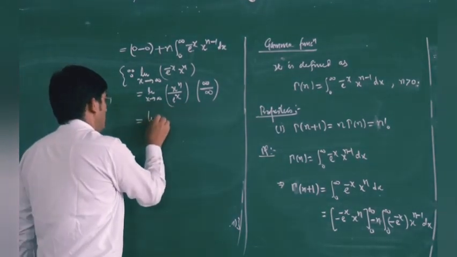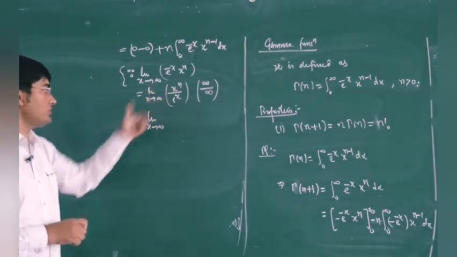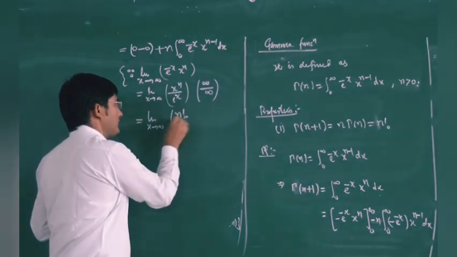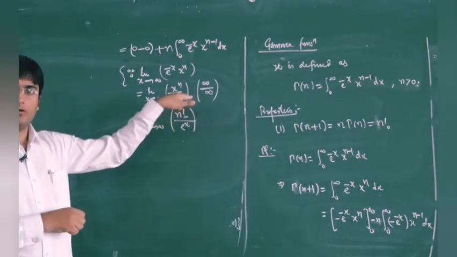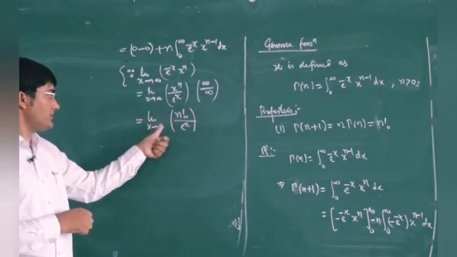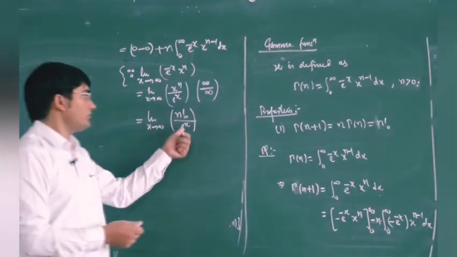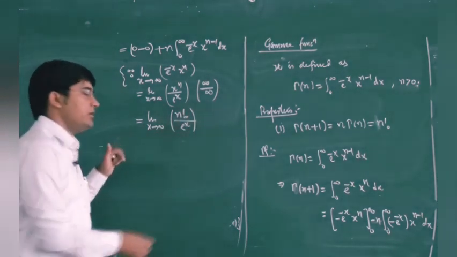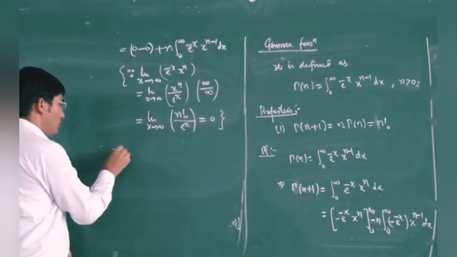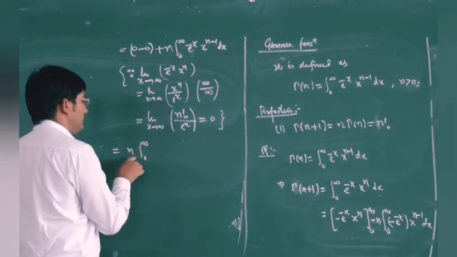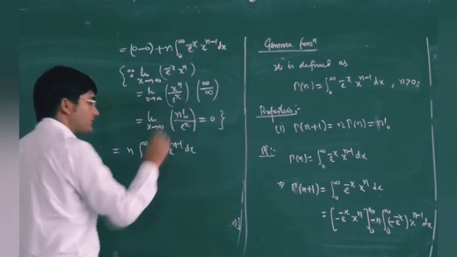So differentiate the numerator and the denominator n times. The n times differentiation of x to the power n will be factorial n. Then the differentiation of e to the power x will be e to the power x. Now in the numerator our x has been removed. So now if you put x tends to infinity, this will be e to the power infinity, which is infinity, so we have 1 upon infinity, and it is equal to 0. So that is why our upper limit is 0. So we have the value as n times the integral from 0 to infinity of e to the power minus x into x to the power n minus 1 into dx.